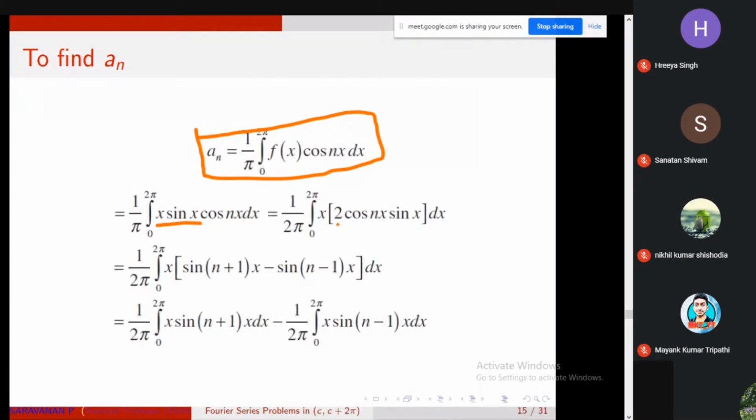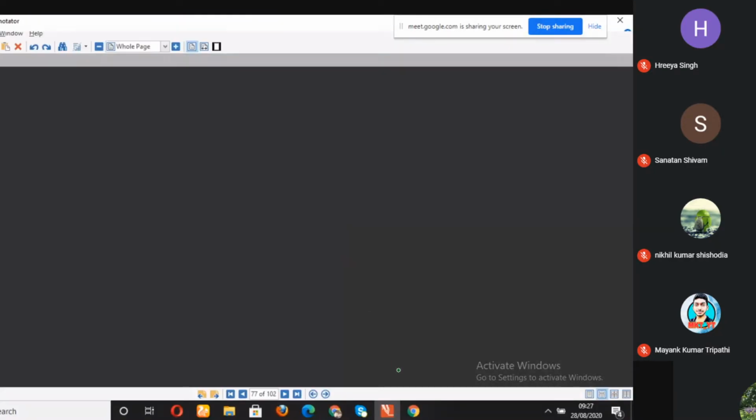So what you do is you just multiply by 2 and divide by 2. So it is 1 divided by 2 pi into 2 pi, and then you write the term which contains n first, so that you will get something like n plus 1, n minus 1, etc. You can write it as either 2 sin x cos nx or 2 cos nx sin x. Both are one and the same, but it will be easy if there is a uniformity in solving this type of problem. So I usually assume whatever x is there.